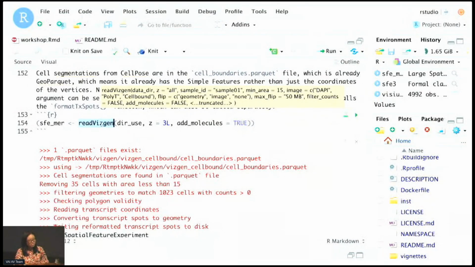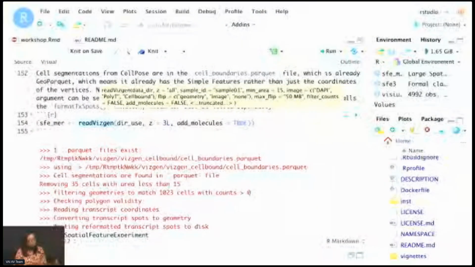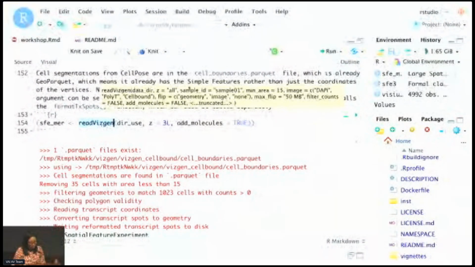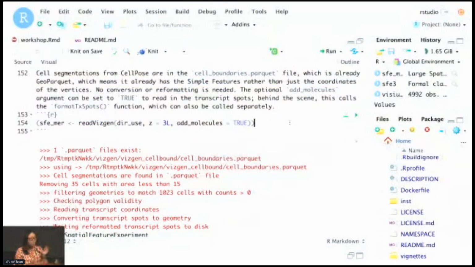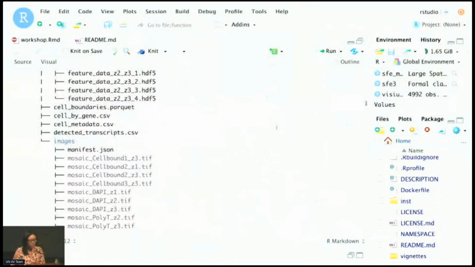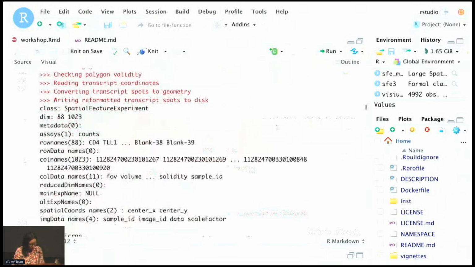And then the other thing on add molecules. For these small example datasets, there's no problem reading them into memory, but for real datasets, these are huge data frames with millions of molecules. Are there any concepts of out of memory, any database backend, anything like that? Actually, as it's in the text here, it's still in the very beginning of development. For one of the example datasets, the detected transcripts CSV file is 30 gigabytes, and I have to use a server to process it. But I will get to that here.